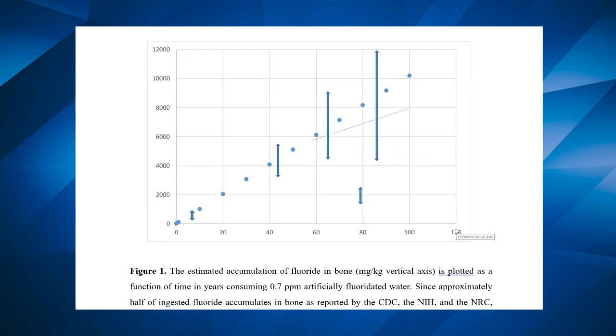The paper I wrote, I wrote just because I wanted people to know what kind of fluoride level you would expect to have in your bone if you regularly, faithfully drink fluoridated water for years. And so at 1 part per million consuming water for all these years, the fluoride level in your bone goes up to thousands of parts per million. Some people have bone pain at only 2,000. I know a person who had to have her hip replaced when the fluoride was only 1,500.